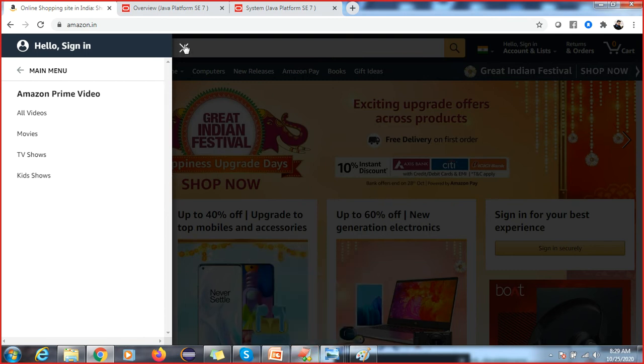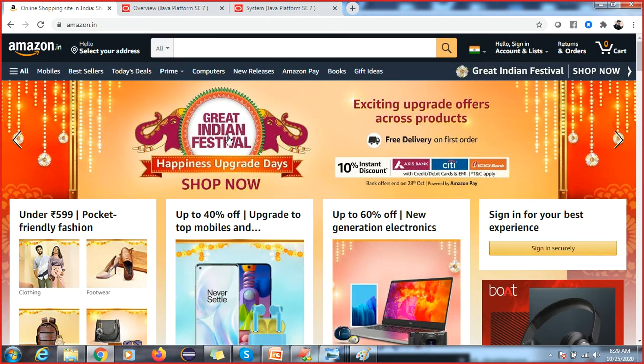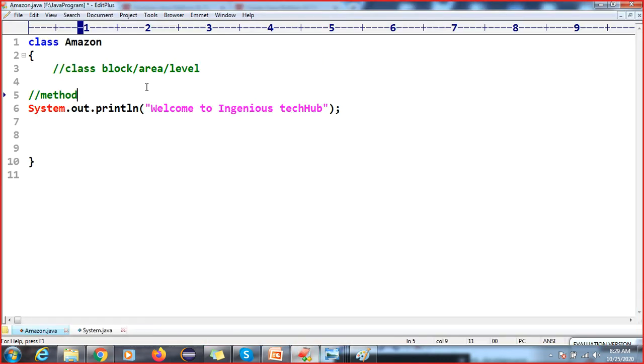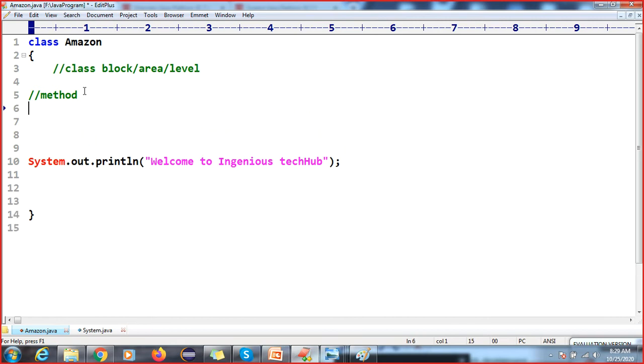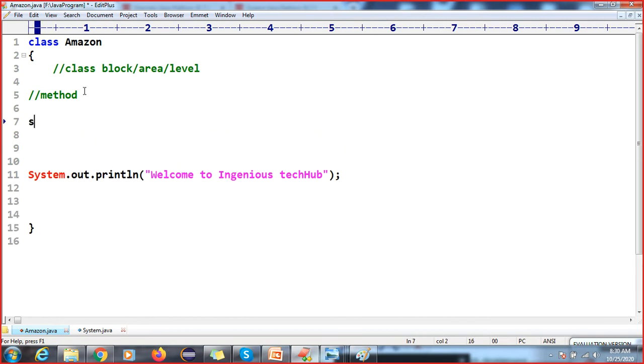How will you convert this requirement into the programming world, and when you write the code, we cannot develop the logic in a class block. So Java people have given one concept called the method concept. I will tell you later what a method is. Just give me a few seconds. If you don't understand this, I will tell you later.